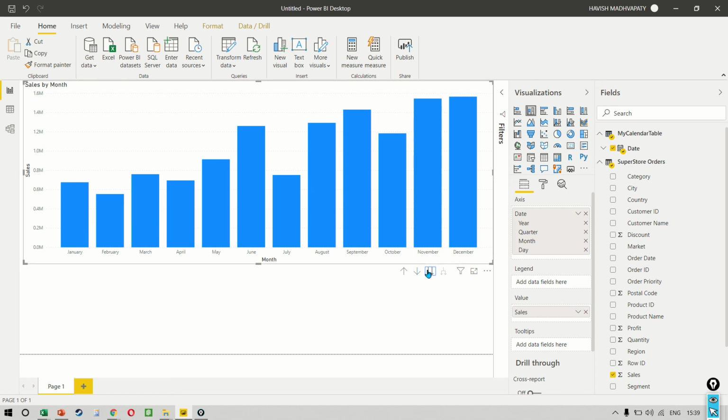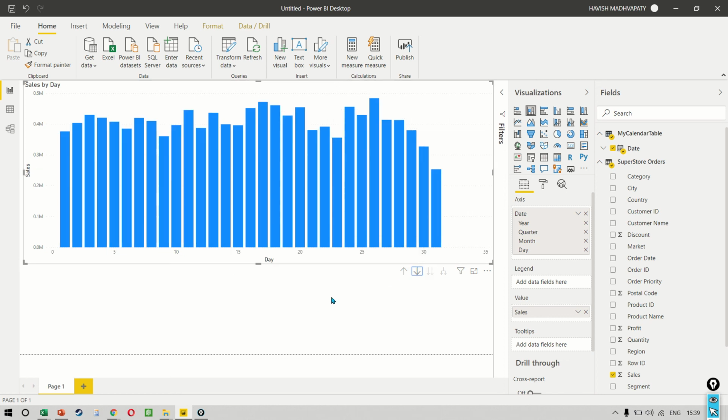And one final time, if we go to a day level granular view, it tells us that if I look at every 17th of a month for the last 4 years, for 2012, 13, 14, 15, then the total sales of the 17th of a month would amount to 472,000.